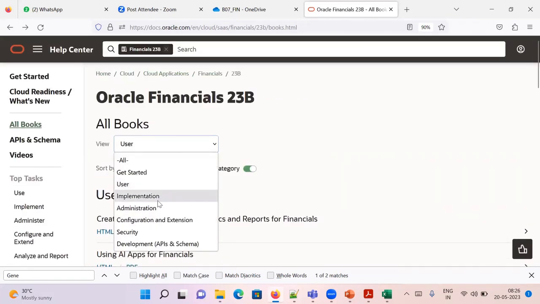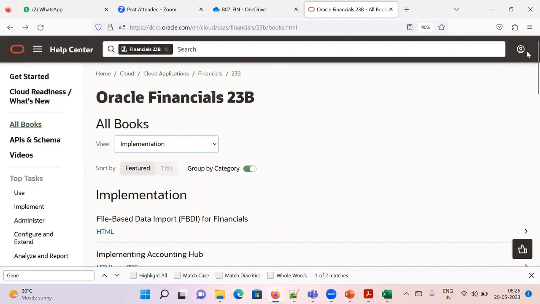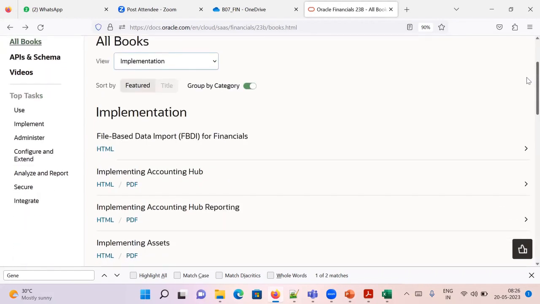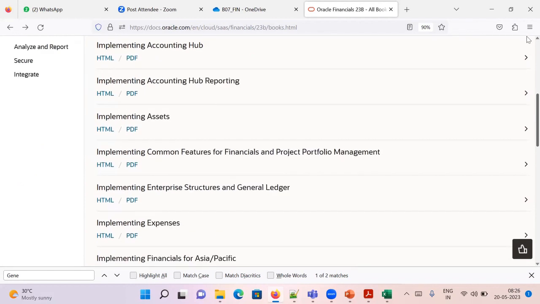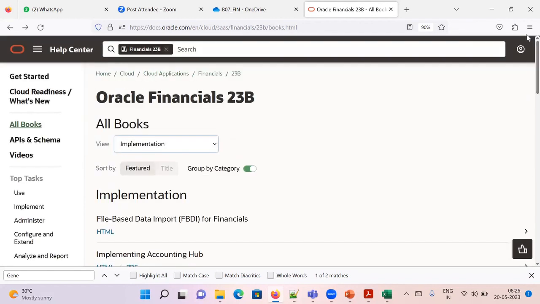We usually concentrate on the implementation type of documents, implement accounting, because we are implementers. As functional consultants, we are the implementers. So that is the documentation. We will go through the documentation in detail. And